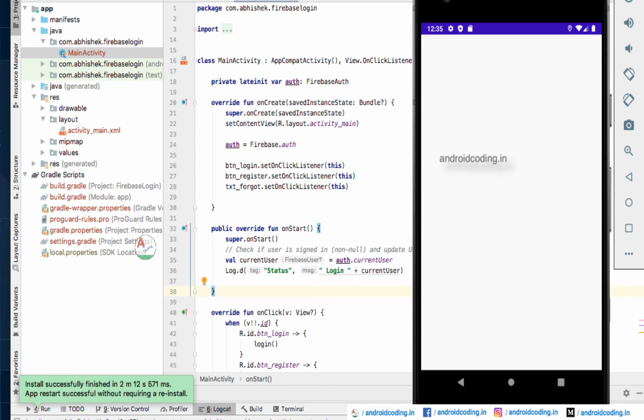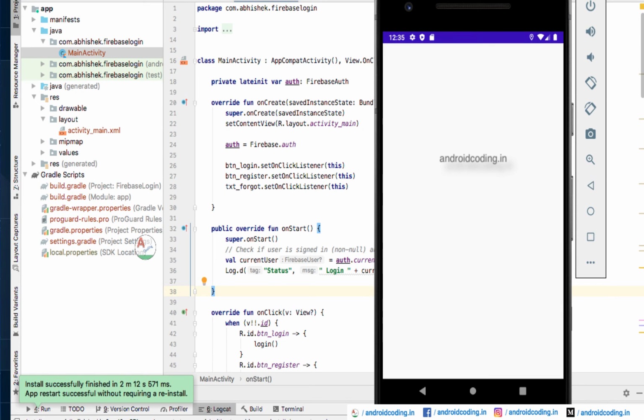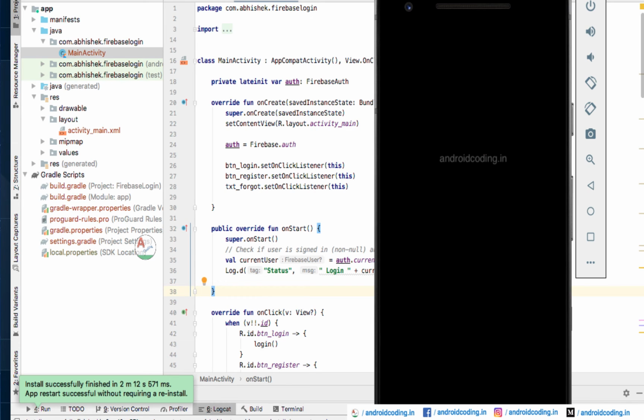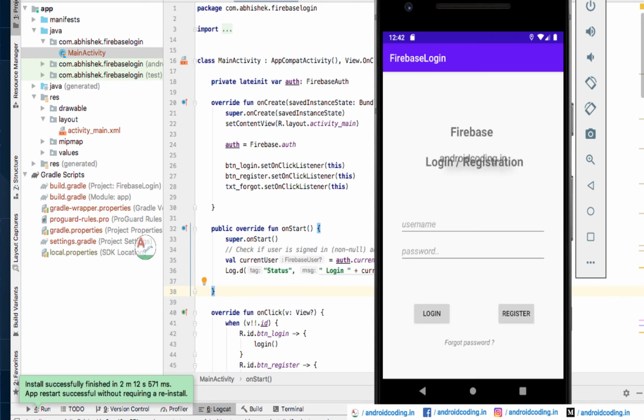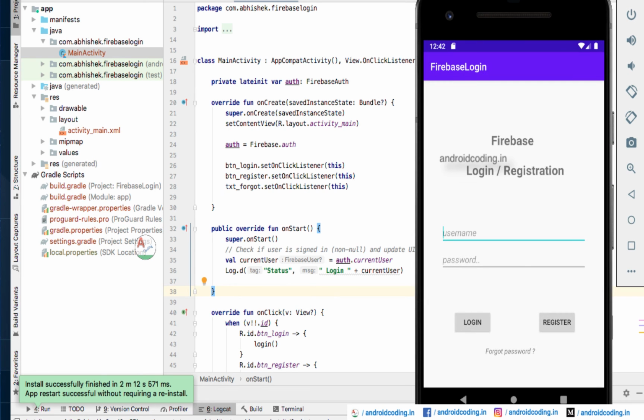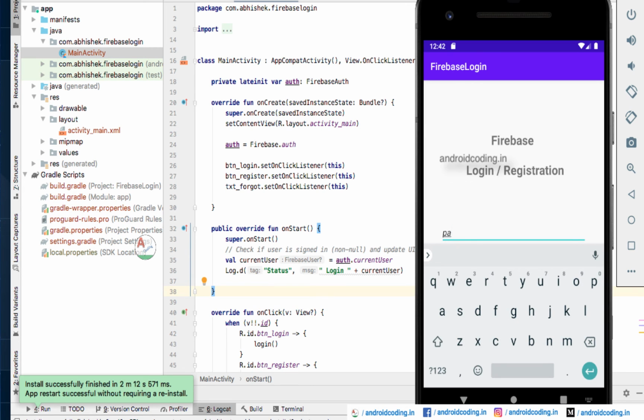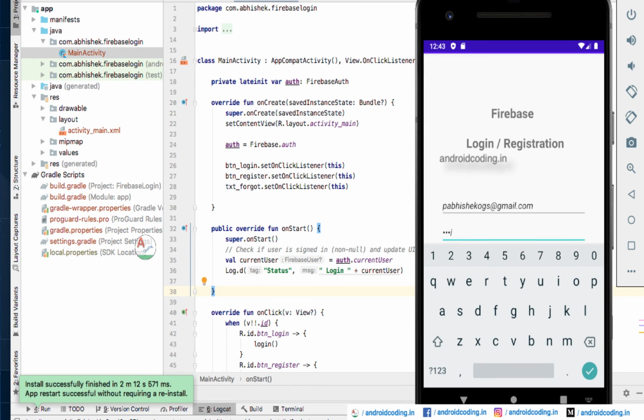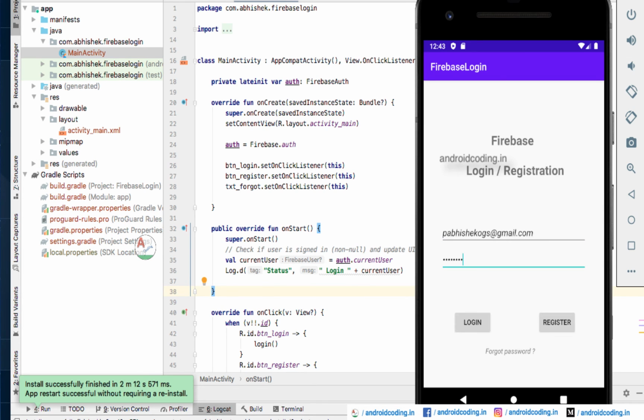Okay, and let us check it. So I am providing, so you might remember that this need not be exactly like your Gmail address or anything.